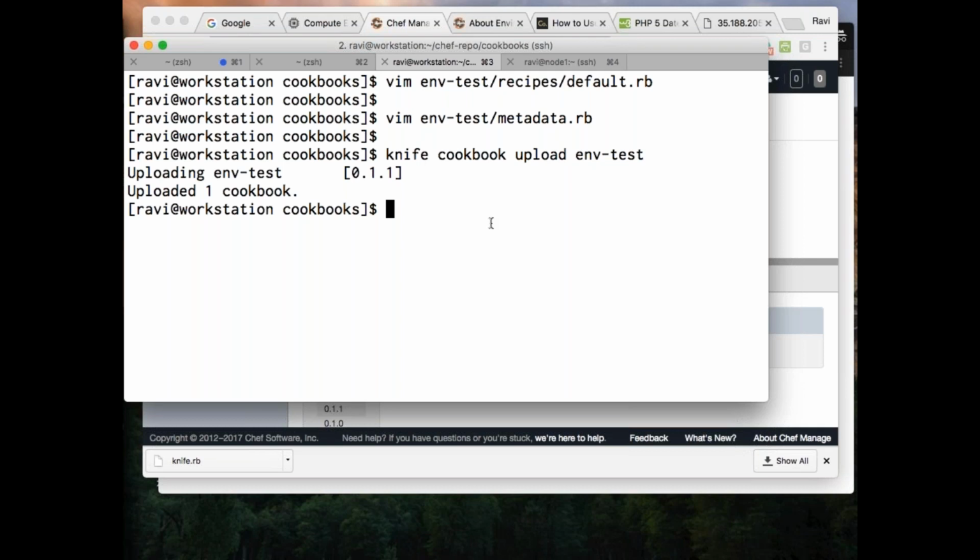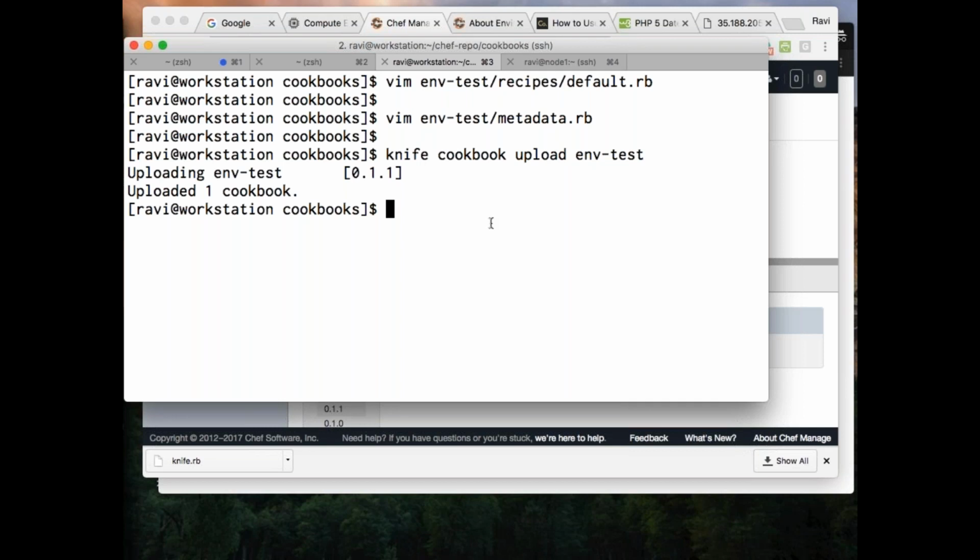If not, let's say in your dev and test, your HTTPD is listening on port number 8080, whereas in your production it is listening on port 80. In this scenario also you can use this. Instead of writing multiple cookbooks, you are using the metadata version of the cookbook and doing the tasks.